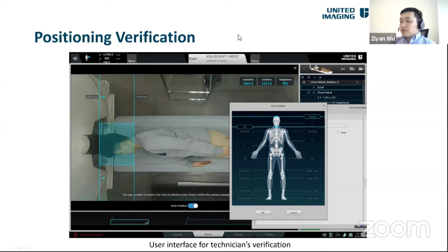So usually in the traditional workflow, the technician is going to look from a side view of the patient, basically from a level viewpoint, in order to make sure either the bed alignment or the scanning range is reasonable. But in this case, because the camera is mounted on the ceiling, due to the perspective distortion, it's difficult to do. So that's why